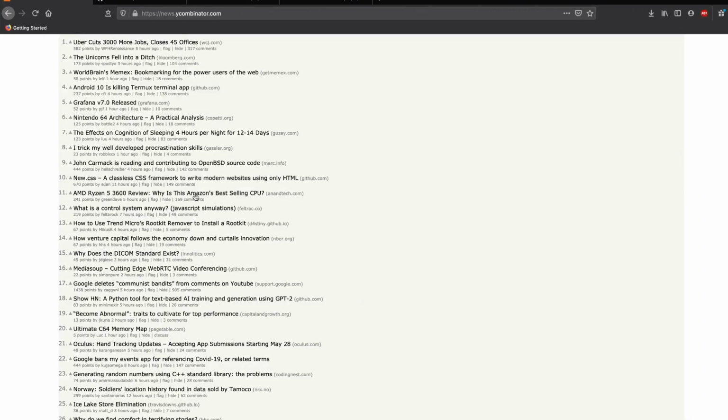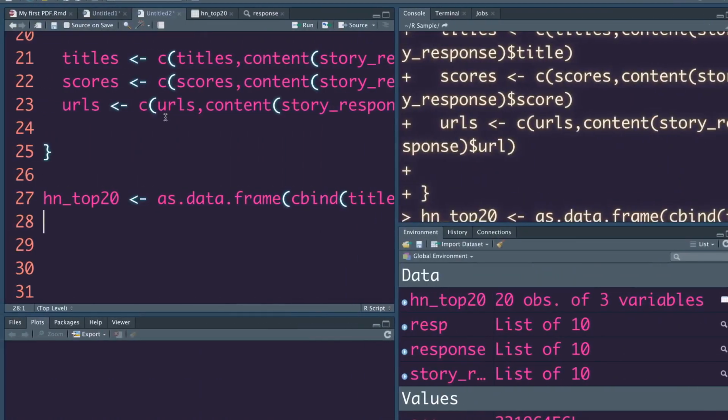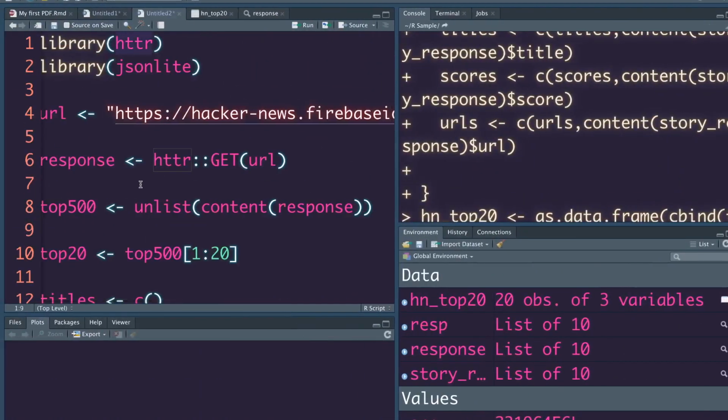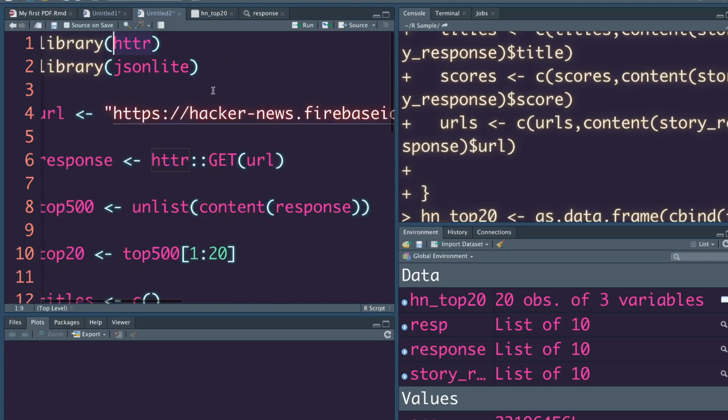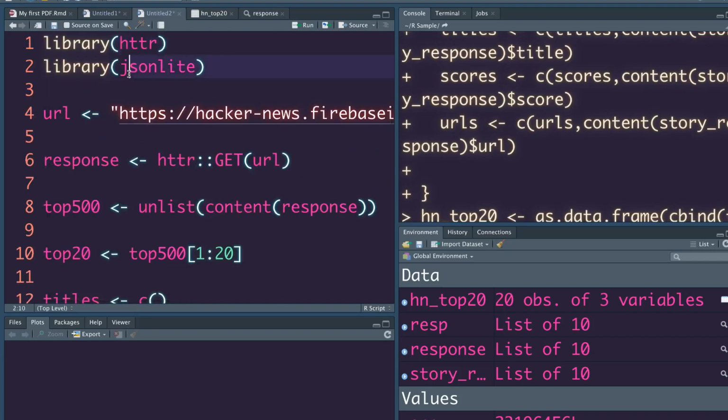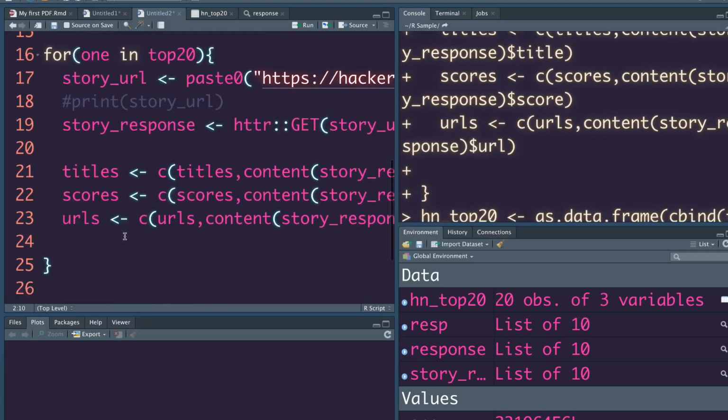I think this is the simplest way and the most efficient and the right way to collect data from this particular service, because they are offering an API, and the way we simply did it is using HTTR, and we didn't have to use JSONLite in this case, but usually when you are dealing with APIs, JSONLite is extremely handy when you want to parse your JSON response into a data frame or something like that.